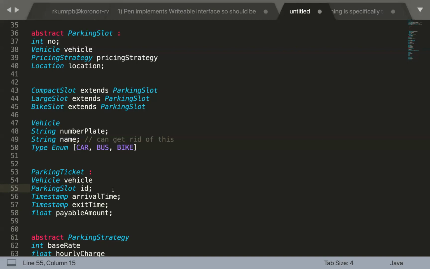See, with this ID also you can refer to the parking slot, right? To which parking slot it is actually referring to. And this parking ticket does not own the parking slot in any way. So probably here it should be a vehicle attribute. Why have we taken it out? Because we needed some kind of a vehicle identifier. So instead of the complete parking slot, probably we should have the ID which will refer to the parking slot, because the parking slot is not an owned entity of this parking ticket. So these are two separate entities.